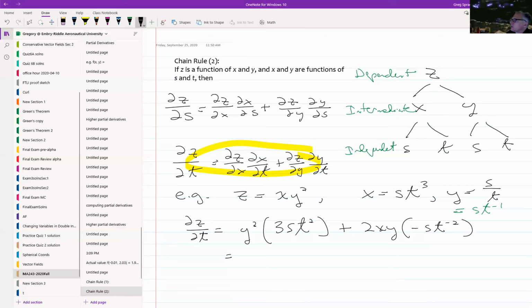Now I want an answer that's in terms of s and t, and I always do that on exams and on homework. If the book doesn't tell you to, I add that instruction. So I'll replace every y with s over t and every s with st cubed. That gives me